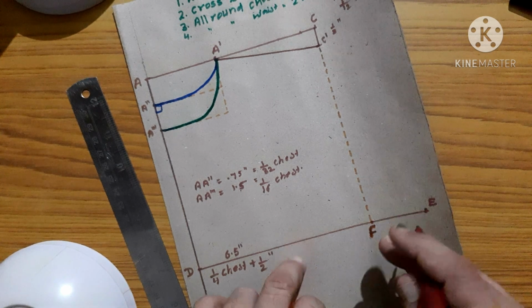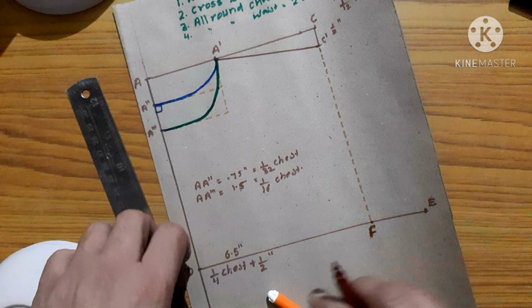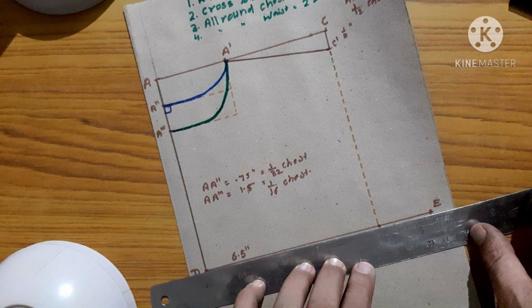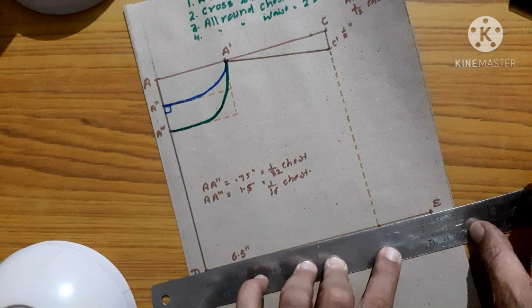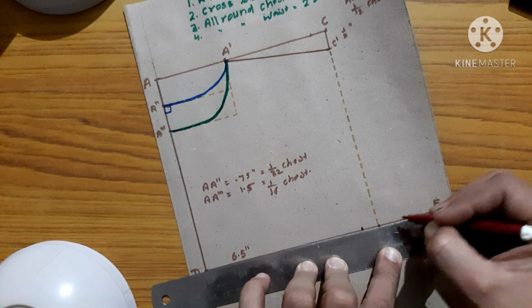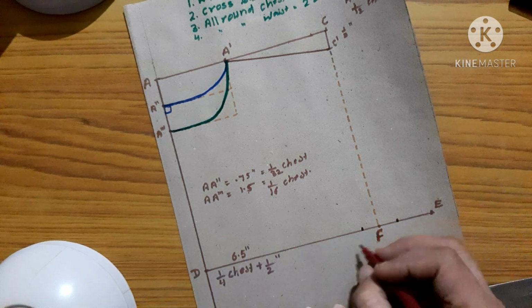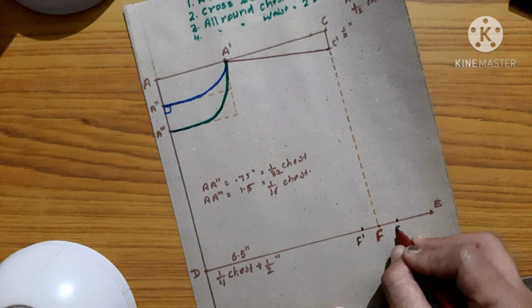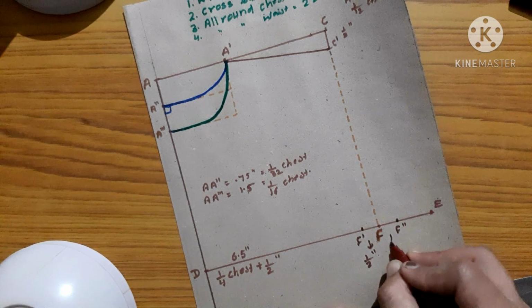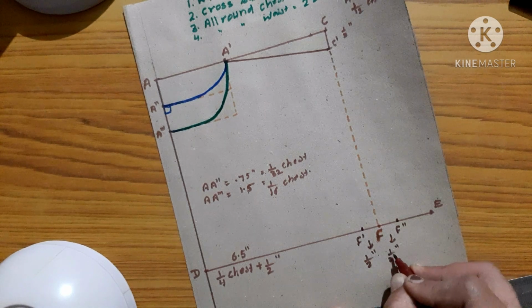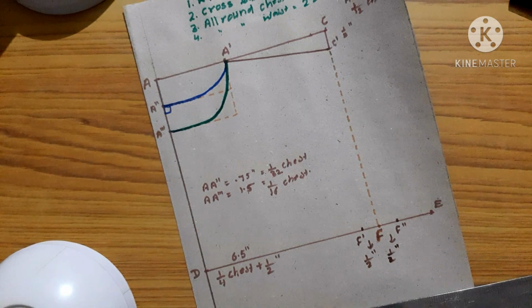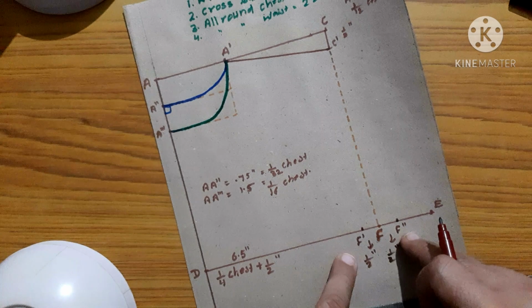It will help us to give the shape of shoulder, right, armhole. Now in drafting and tailoring there is a difference. In tailoring, when we are making a proper fitting for a particular person, we have to use this method. Here we have to mark a point half inch and half inch. This is F dash, and this is F double dash. These both are half inch. This is fixed. For kids it would be half inch, for teenagers it would be 3/4 inch, and for adults it would be 1 inch, right?